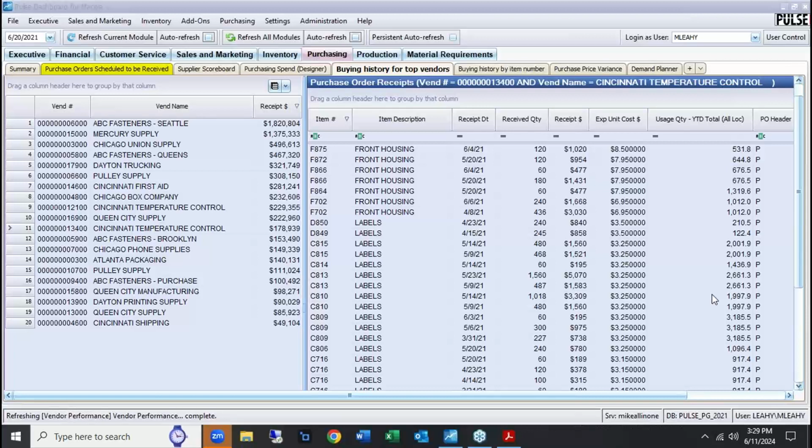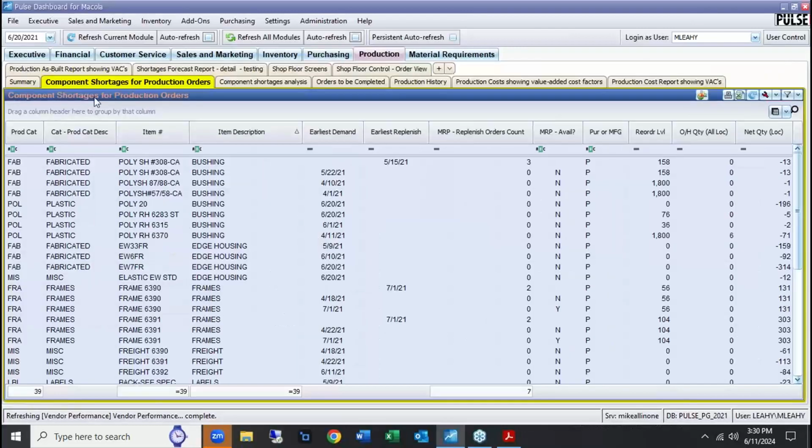How does it know what the future estimated quantity need is, or is that from actual purchase orders? Yes, if we're dealing with shortages, it's taking a look at replenishment, demand and replenishment. It's time phasing it. So if I go back in here and take a look at this first one here,